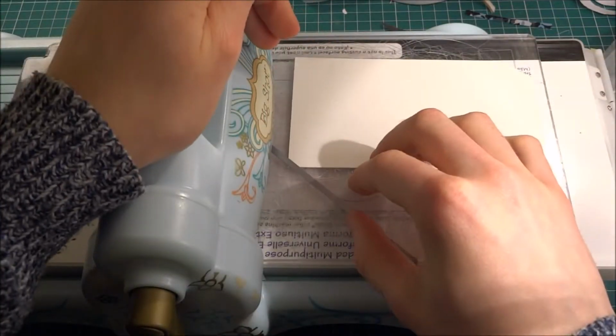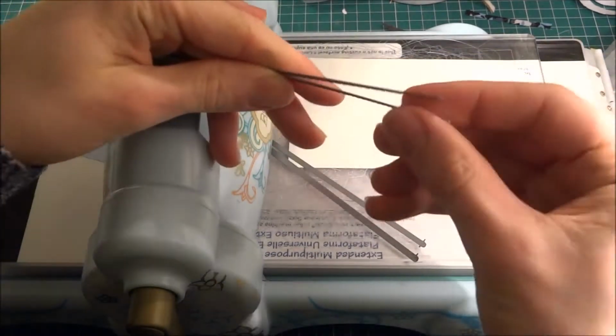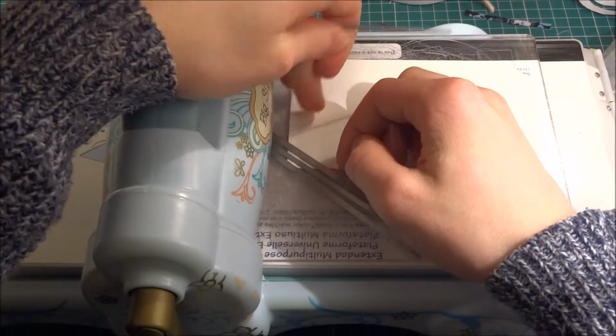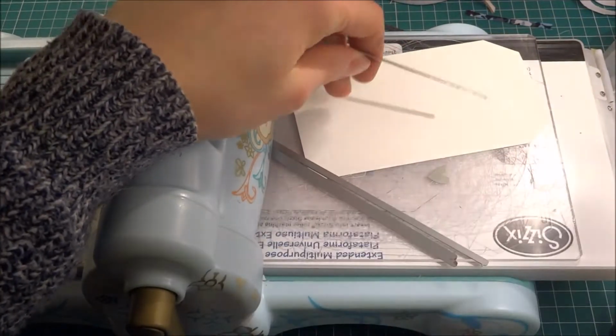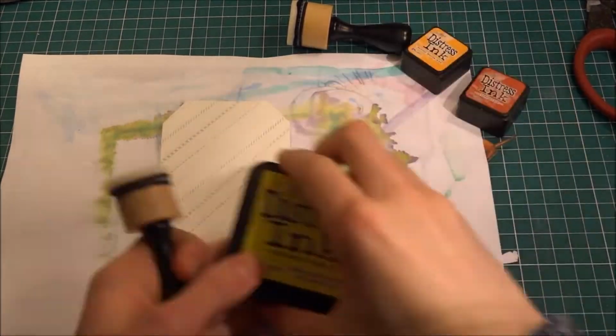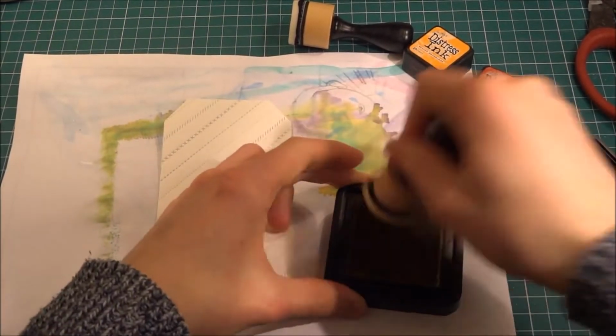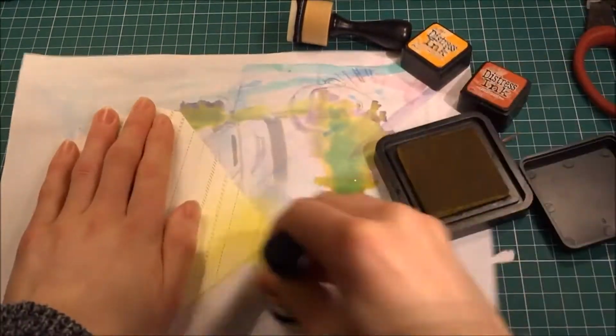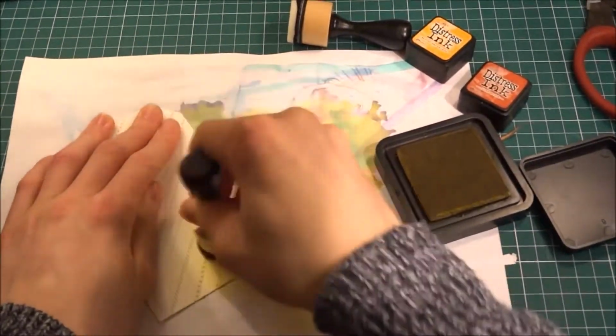And I just kind of laid those onto my tag, making sure they're even, and then I put some washi tape on them and stuck them together, and then I actually repeated that. I didn't show it because my tripod was getting in the way, but it gave a really nice effect. And then I took some distress inks in mustard seed, fired brick, and the orange one, marmalade something I think,